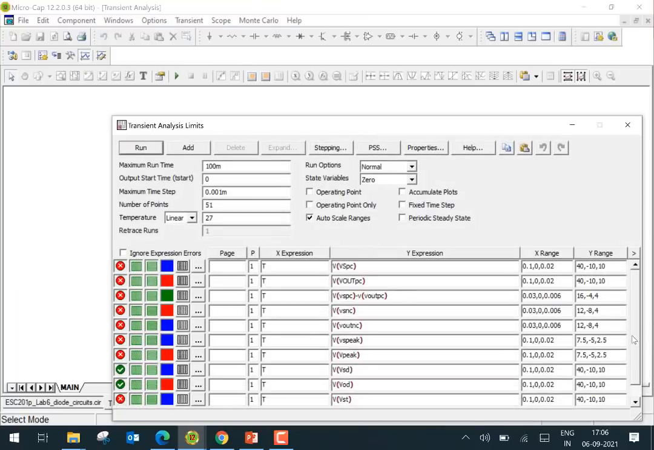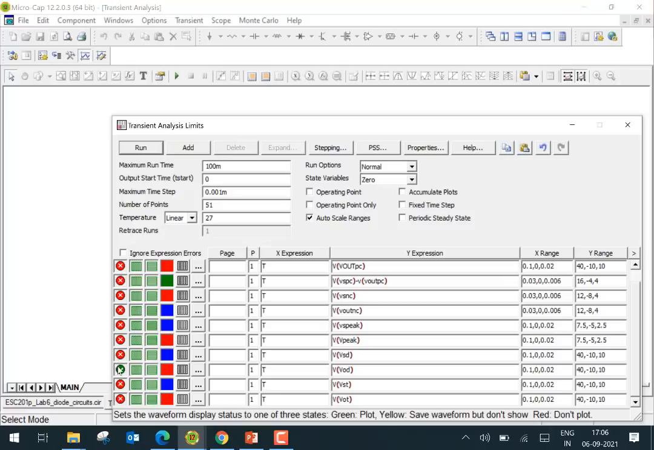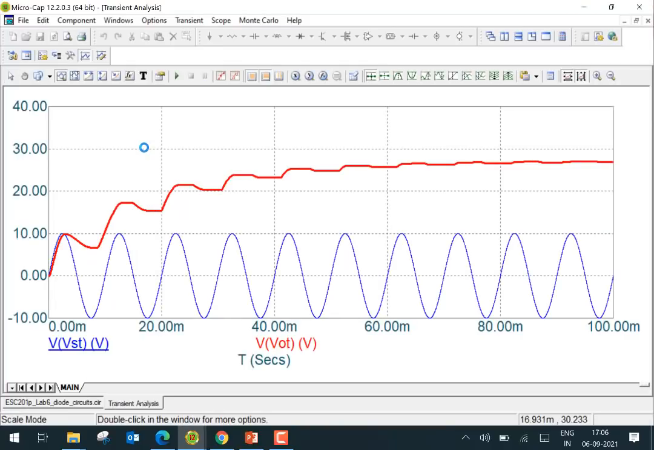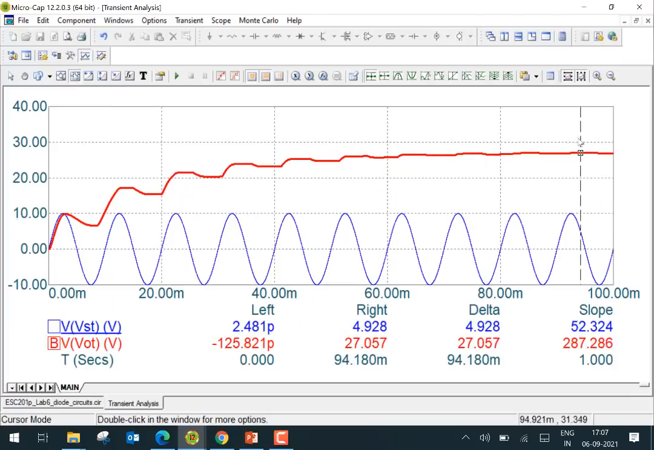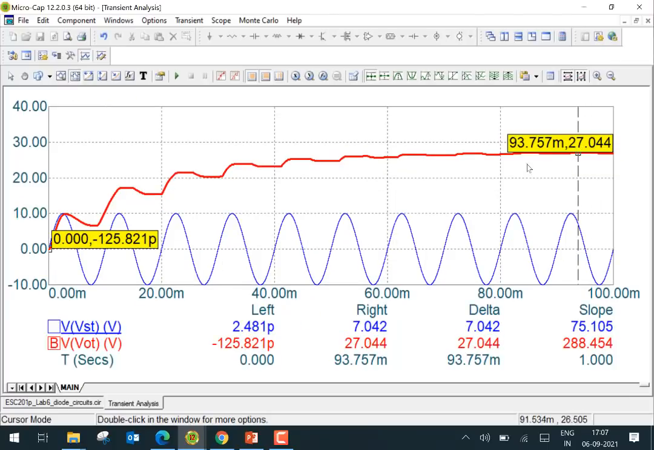All right, so let's disable the doubler part there and enable the tripler part here, right? So let's run it. Okay, so let's see what is the amplitude here. So we get 27 volt here. So instead of